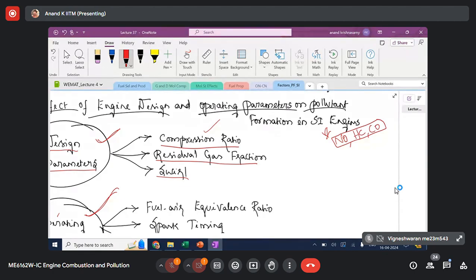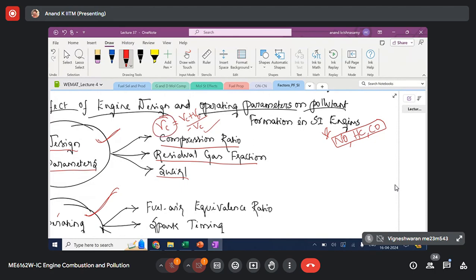For example, if you take compression ratio, you know very well that this is one of the important design variable. This is defined as total volume, which is clearance plus swept volume divided by clearance volume. This ratio is what is compression ratio. So once you design an engine, you have to carefully fix this swept volume. You have to carefully fix this clearance volume so that once for all, this value is optimized for a given